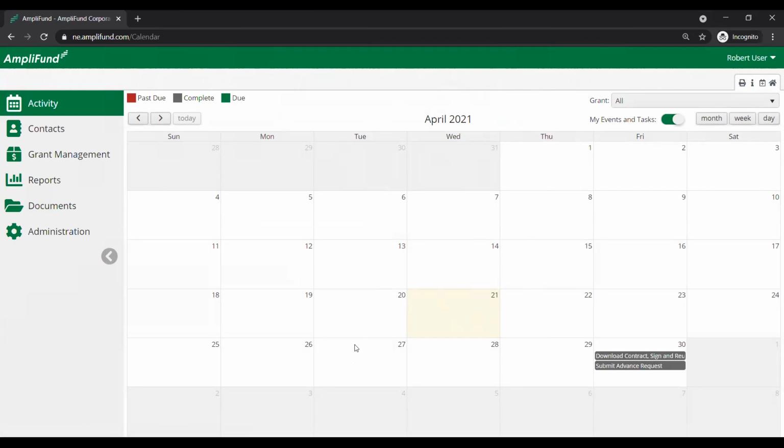and they will be part of this process here where you'll be taking the action of downloading the contract, signing it, and then re-uploading it into that public documents folder, completing the task, and then submitting your advance request for 50% of the grant funds, and then completing the task there. Those are the two items that I wanted to make sure that we covered for 2021